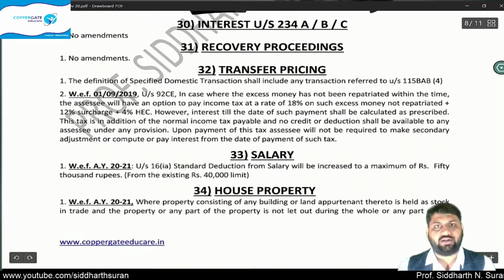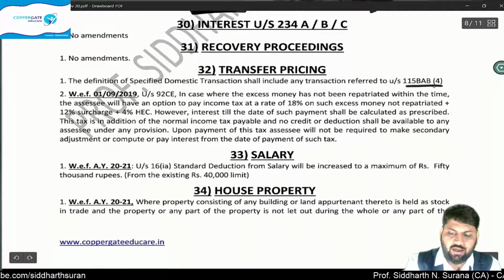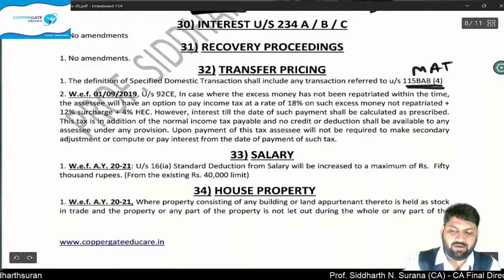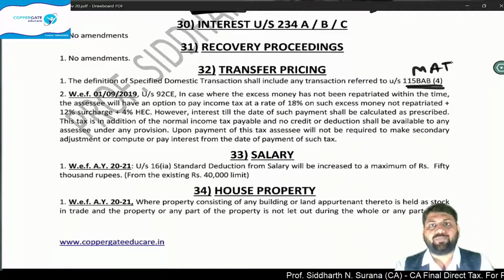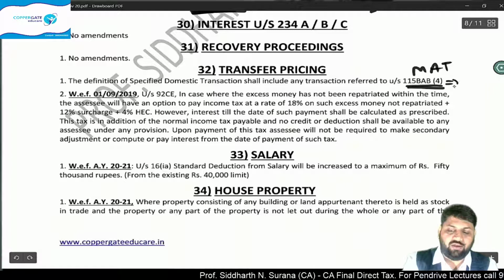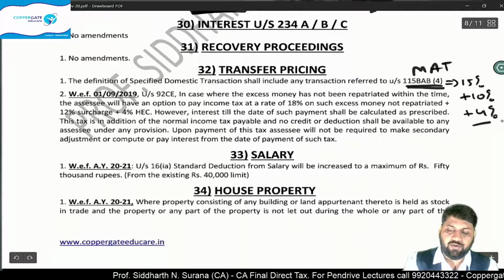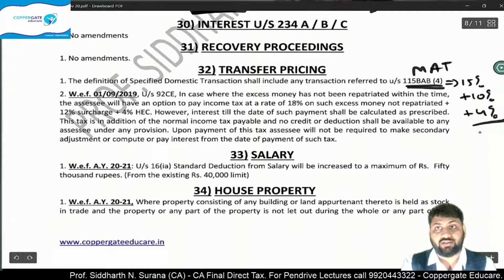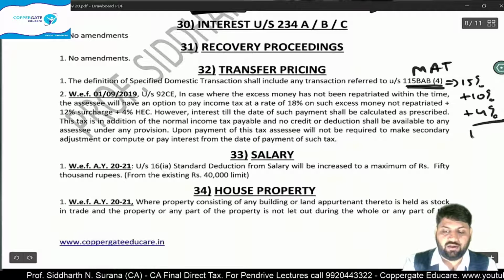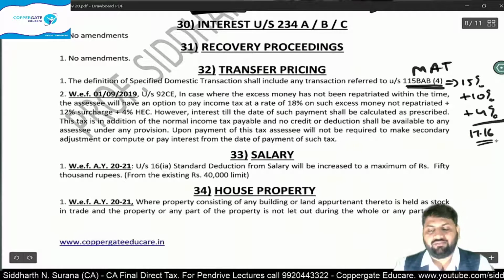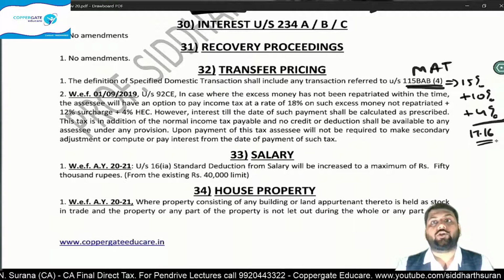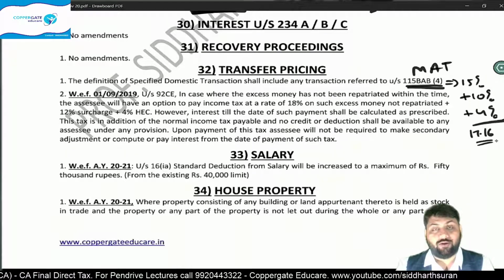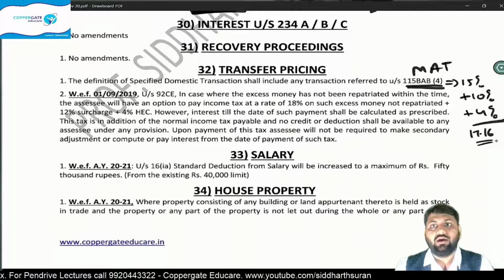Out of the two amendments that have taken place in transfer pricing, the first amendment I already taught you even while doing our chapter MAT, that is minimum alternate tax, in respect of newly incorporated manufacturing companies. Under the new section 115BAB, a concessional rate of 15% plus 10% surcharge plus 4% HEC. Your surcharge is going to be compulsory, irrespective of your income, with which the effective tax rate came to 17.16%, and MAT is also not applicable. A company incorporated on or after 1st October 2019 that starts manufacturing before 31st March 2023 will get this facility,